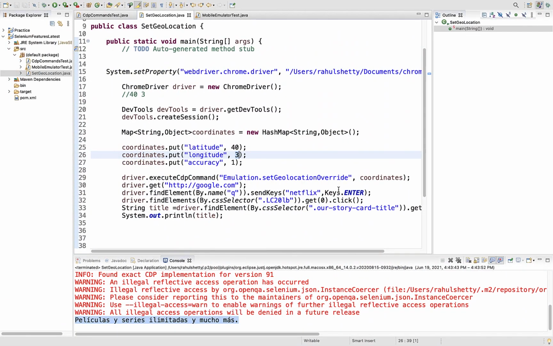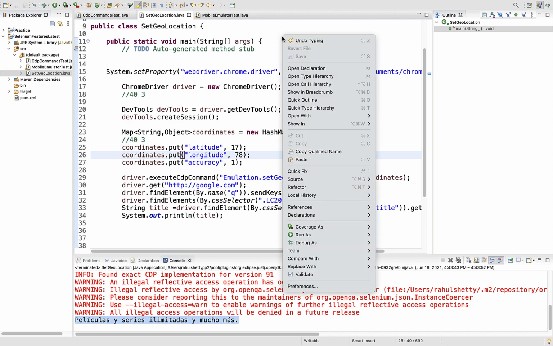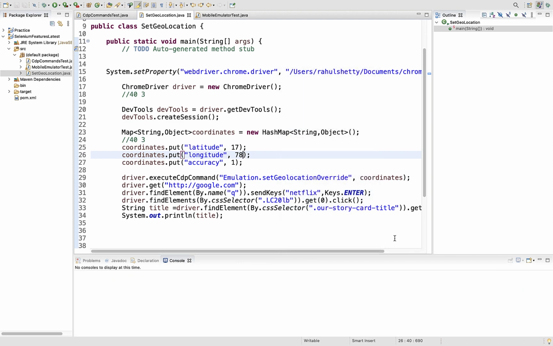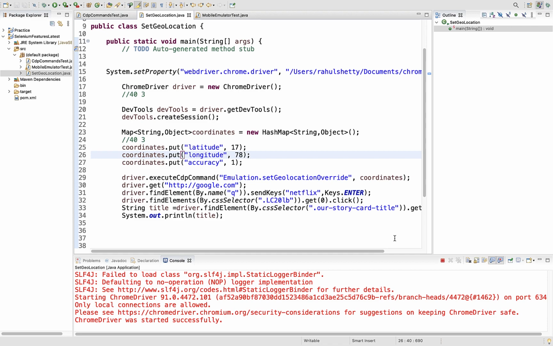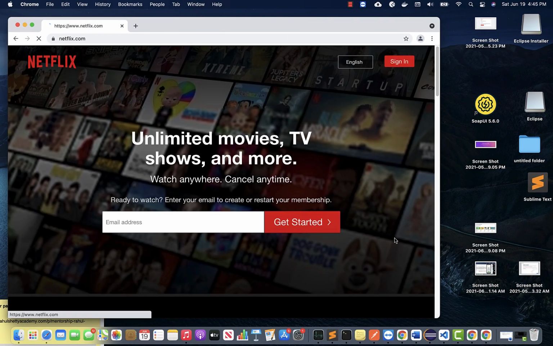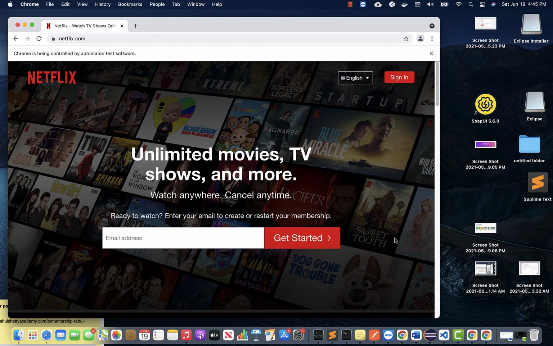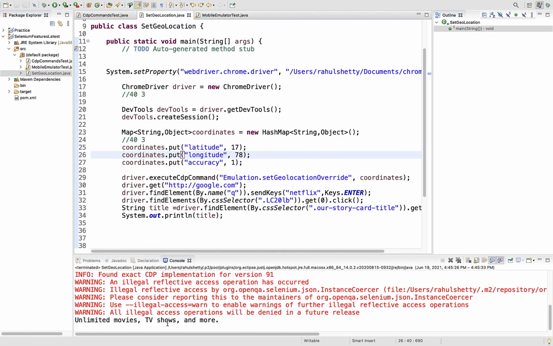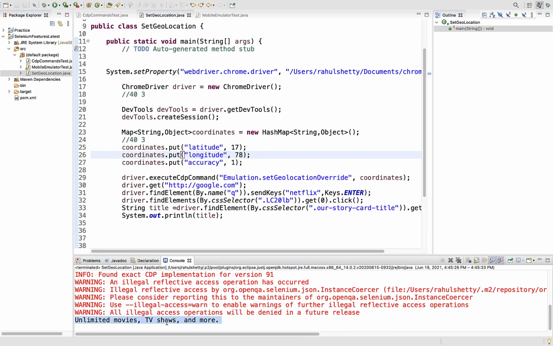The earlier value was 43 for Spain, you can remember that. I'm just changing it to 17 and 78. Let's see, and this time I'm hoping that it should come in English. Awesome, it's in English because you're in Hyderabad. You see, unlimited movies, TV shows, and many more.